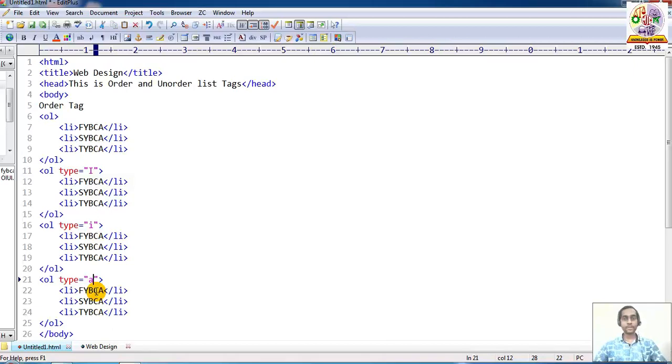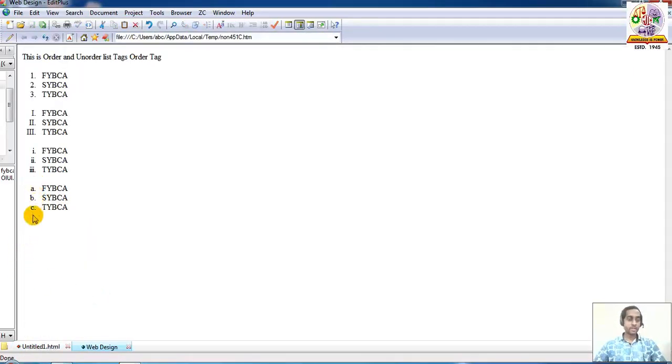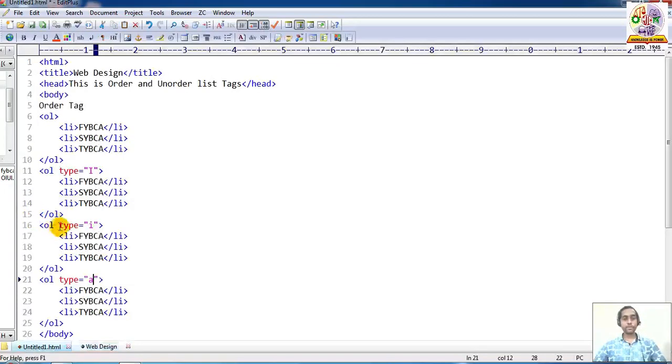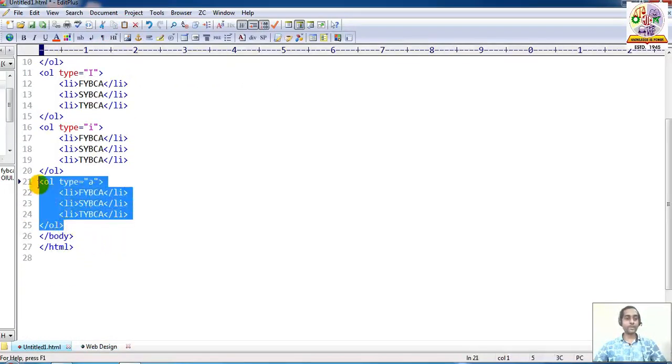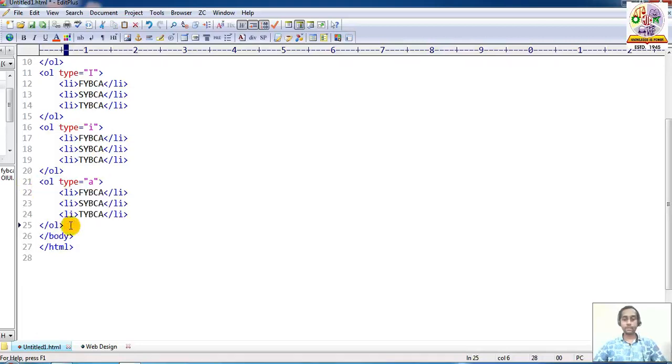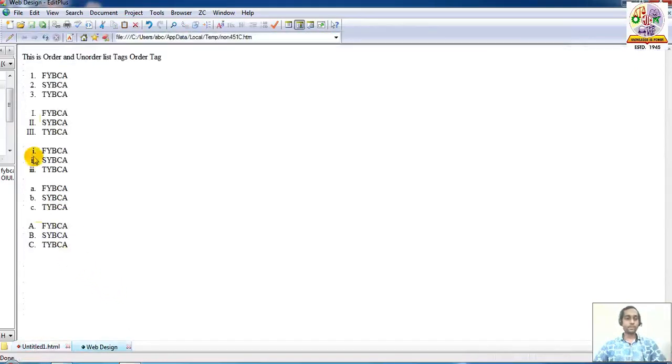Press Ctrl B. Again the sequence is ABCD in small letters. If we want capital letters, press Ctrl P again like that.